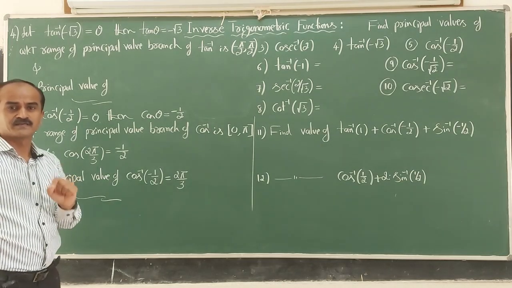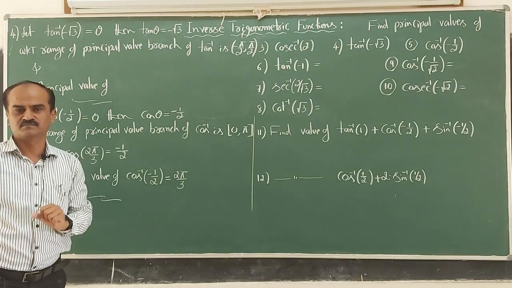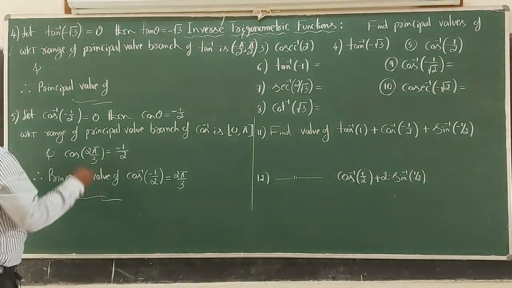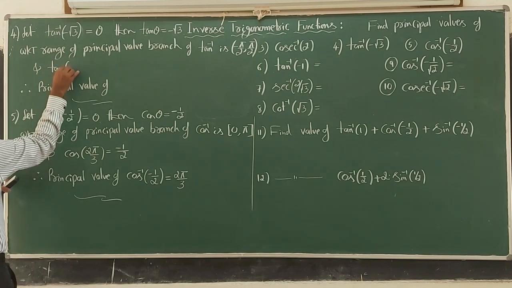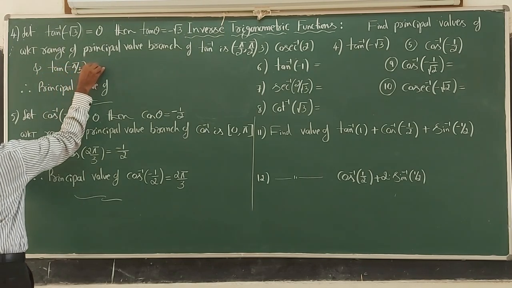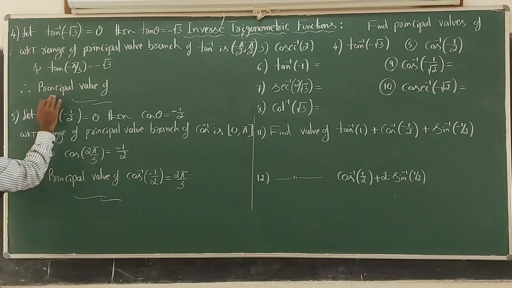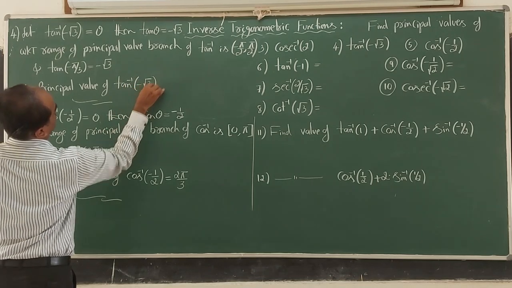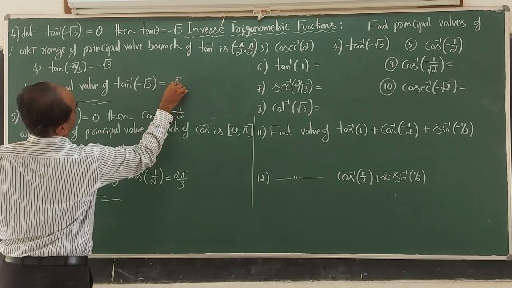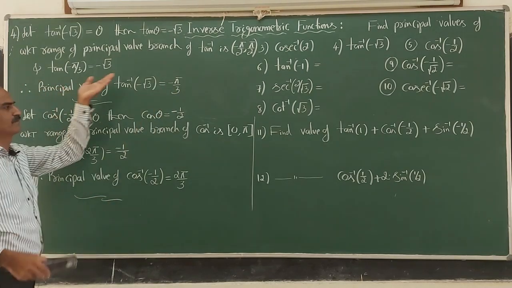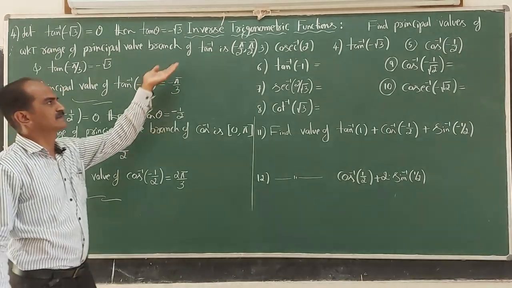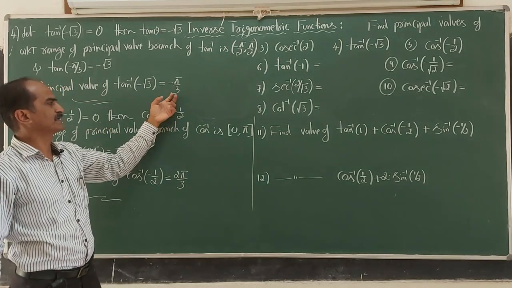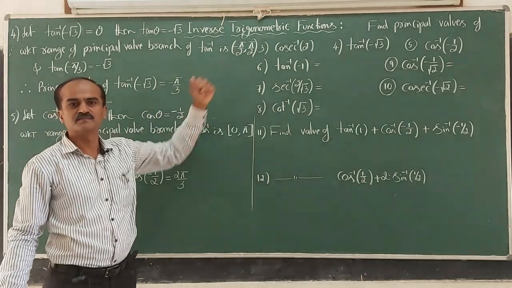We know that tan pi by 3 is root 3. Tan of minus theta is minus tan theta. So therefore, I write here tan of minus pi by 3 is minus root 3. Therefore, principal value of tan inverse of minus root 3 is how much? Minus pi by 3. Remember, principal value of inverse trigonometric function means it lies in that principal value range, that is minus pi by 2 to pi by 2. Clearly minus pi by 3, that is minus 60, lies in the interval minus 90 to plus 90.